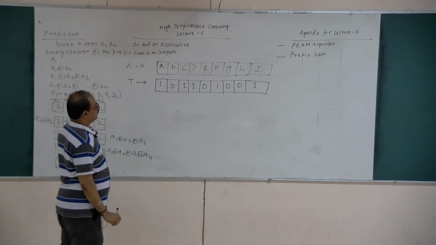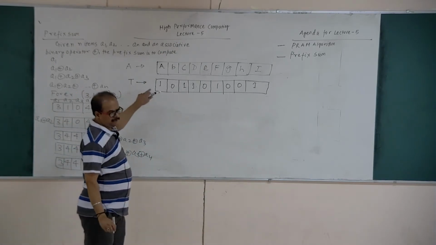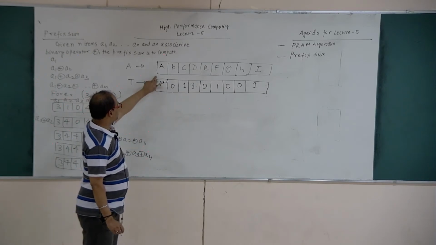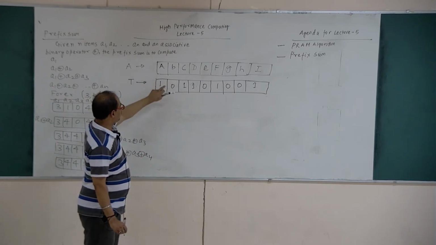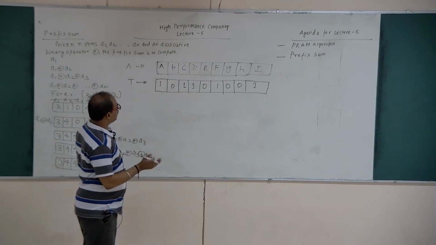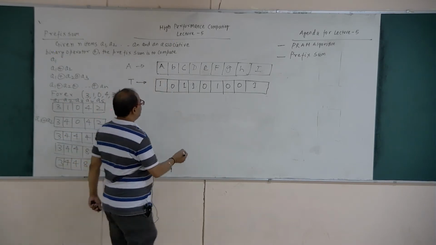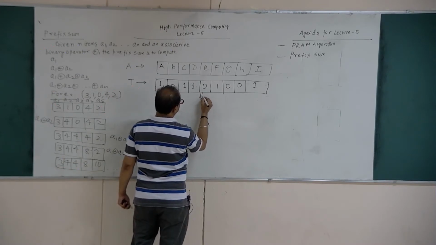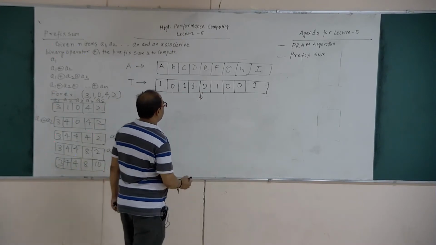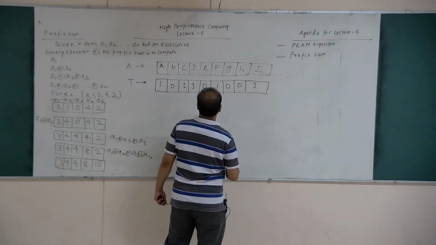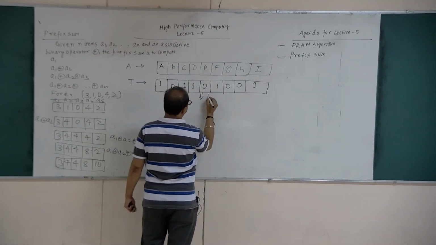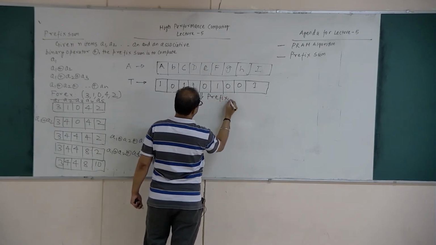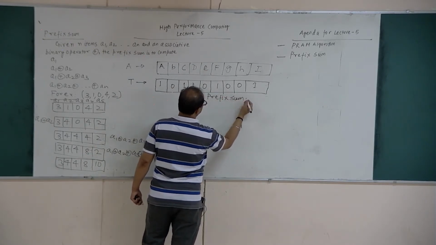So here we create a temporary array, where we convert the capital case letter and the small case letter to a binary value. You can take any decimal value also. Now you have the temporary array, and I use this temporary array as the input array, and I want to perform a prefix sum. I would like to calculate the prefix sum on these values.